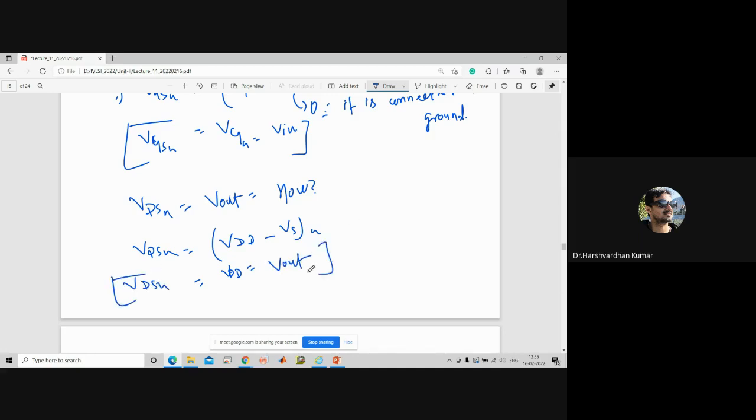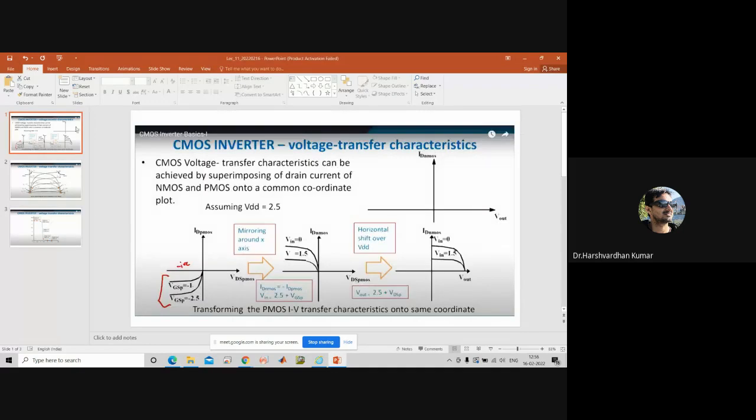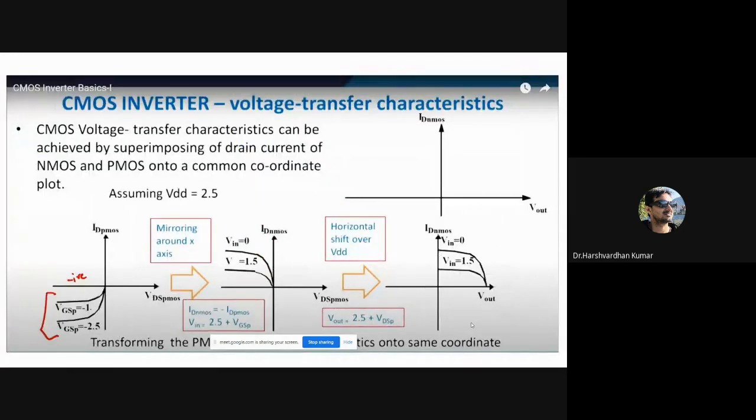Now we will see the characteristics of... give me 5 minutes. Okay, so let us see here. We know very well the